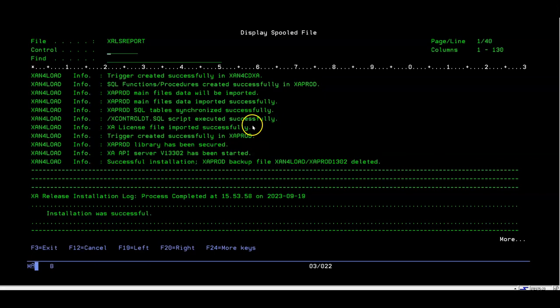Now, as you can see, it says installation was successful. So at this point, the software has been installed. The next step that you would need to take is to actually apply the license key that you've been sent, so that you'd be able to start using